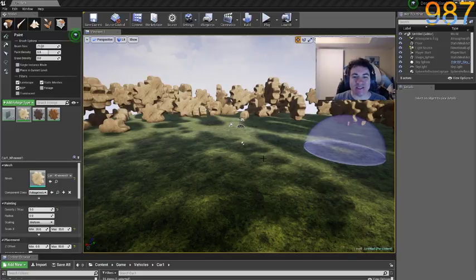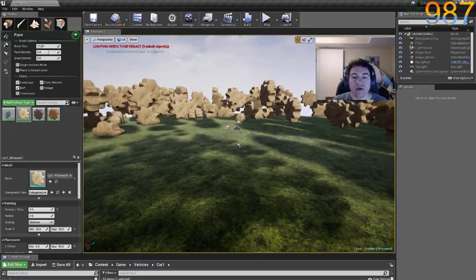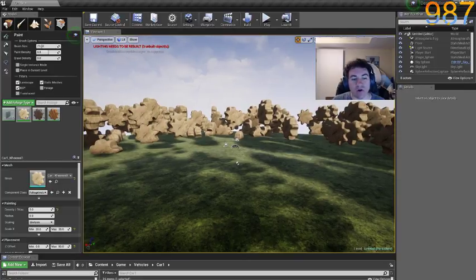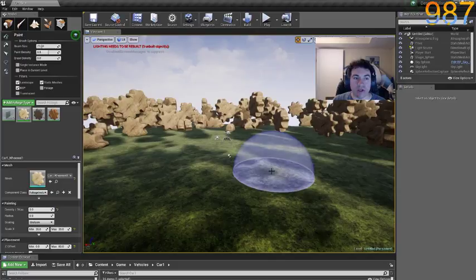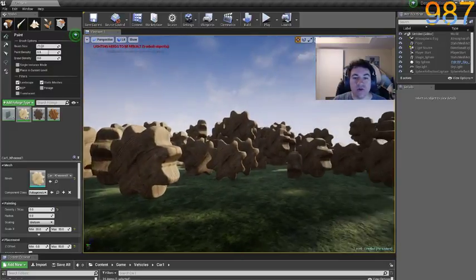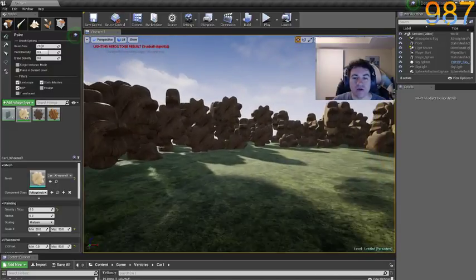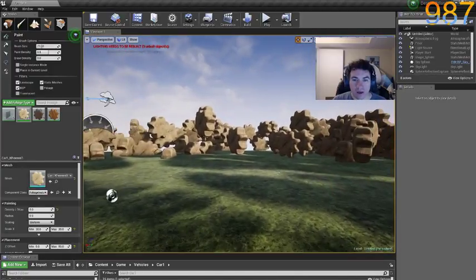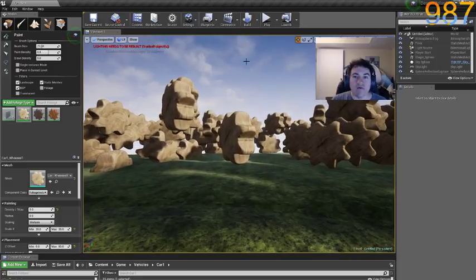Hey everybody! Today I'm going to talk about the foliage system inside Unreal Engine 4. Really, really powerful. Any static mesh that you can import into Unreal Engine 4, you can use as a foliage brush. I've made this simple scene with just these wheels surrounding a huge chunk of grass. And if I play the game,